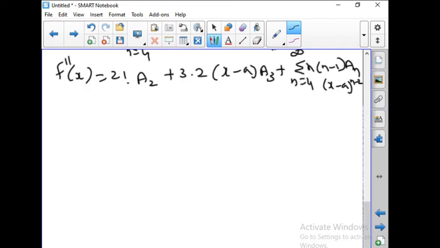So 3 into 2 is nothing but, 3 factorial எப்படி எழுதுவோம்? 3 into 2 into 1. So 3 into 2 can be written as 3 factorial. Okay. So இதை இப்போ நம்ம திரும்ப differentiate பண்றோம். So what you get? Differentiating